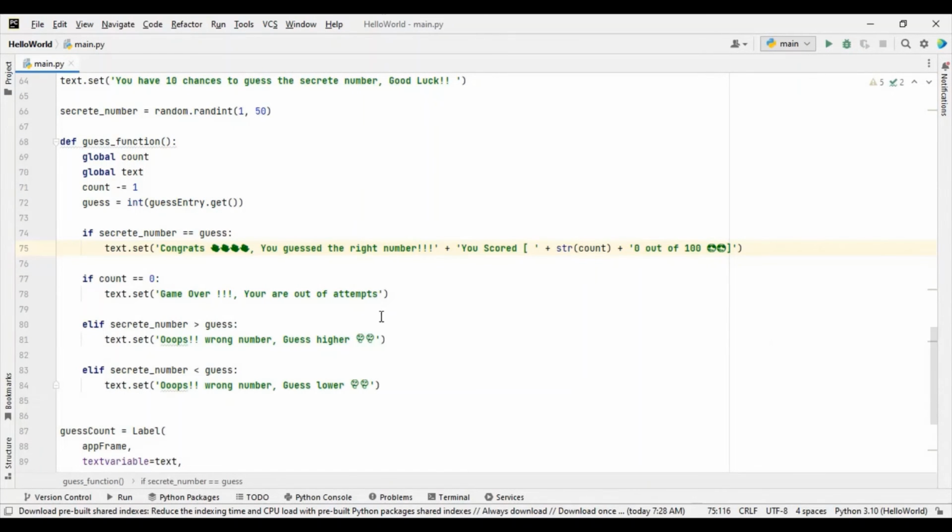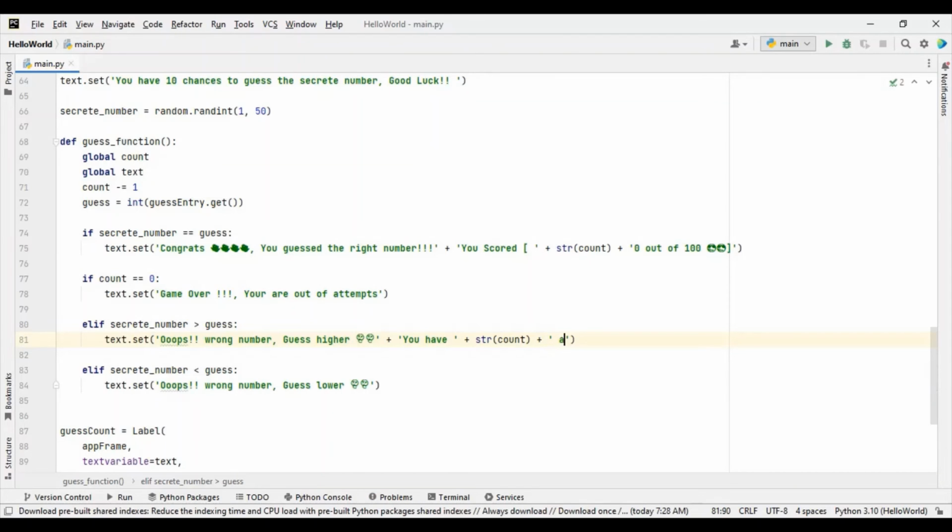So let's come to the game over. Okay, at the game over, you don't need to show anything. So let's come to the guess. So inside our guess, let's bring our plus sign. So let's bring our quote again. So we say "You have" plus, so let's copy this. You have, so plus